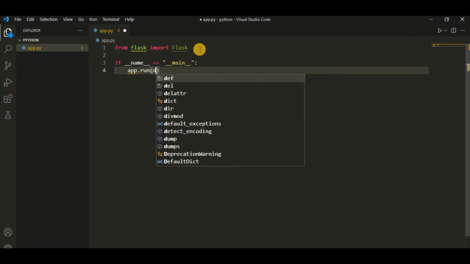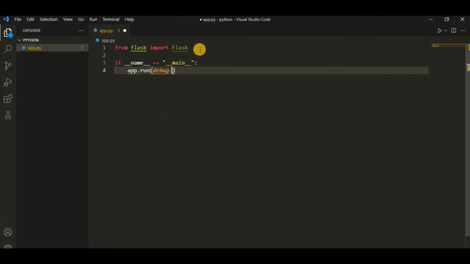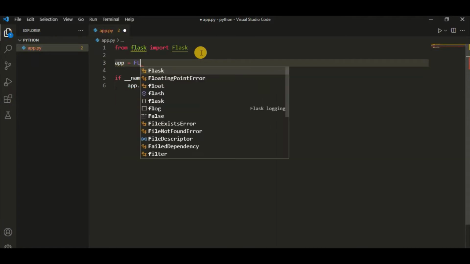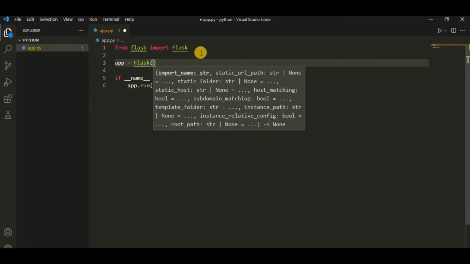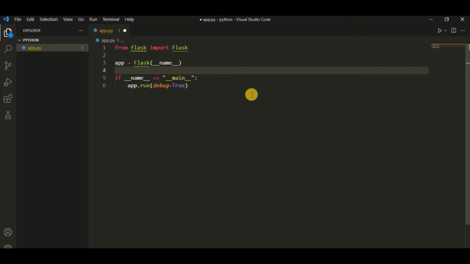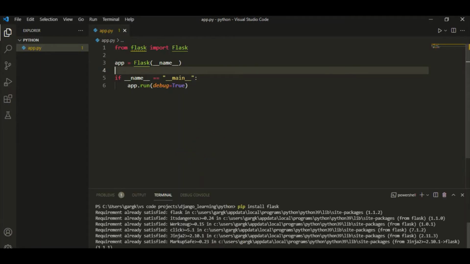This will run my app, and be sure to set debug to true. But now I remember I have not created anything like app. So to create app, I will go here and write app = Flask(__name__), this magic variable name. And this app is responsible for creating my server and running my app. Now, if I save and open my terminal,